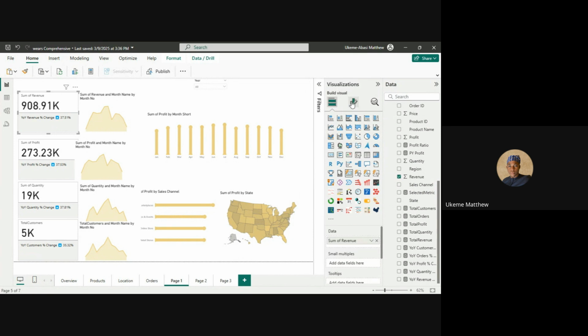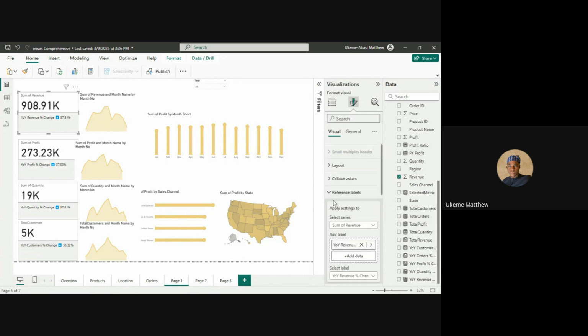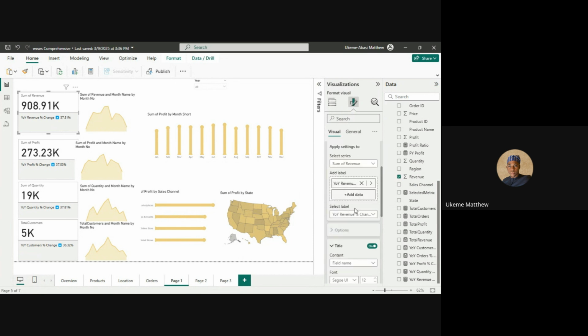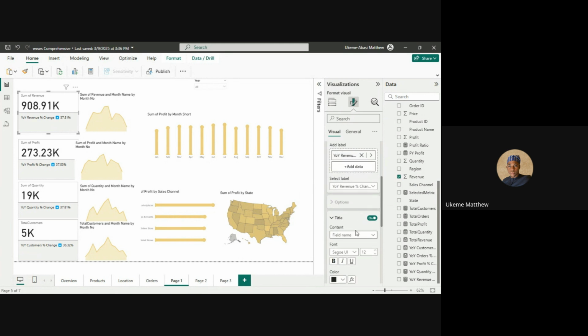Oh no, it's not showing there. Okay, on reference label, the title, let's change it to custom. It's showing. I'm looking at editing it. Okay, now once you've changed it from field name to custom, that's custom would allow you to make changes to